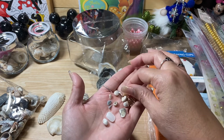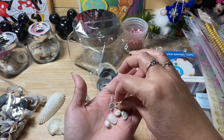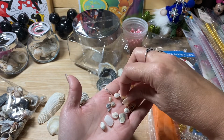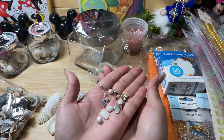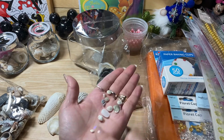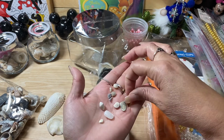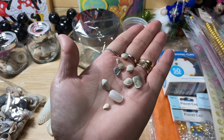And we had learned on that Saturday that we went to the beach, we ended up learning how to find shark's teeth. And what's so funny, I don't know why. Well, I do know why. I've always looked for white shark's teeth. Well, I didn't realize that shark's teeth turn black. So I've been looking for the wrong thing this whole entire time. So we didn't find any shark's teeth, but I did find all kinds of fun little itty bitty tiny shells,